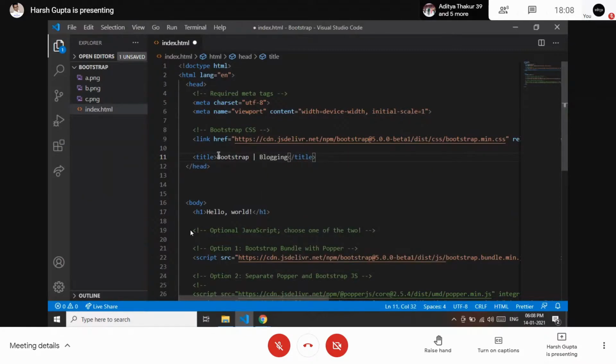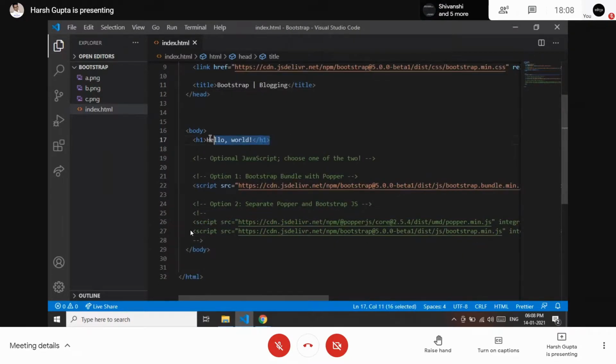From day one, we were first learning and then creating our project. But today, since we are using Bootstrap, we don't need to learn first. We don't need to first learn Bootstrap and then implement. We will learn by implementing it. Okay, so we will start creating our blogging website from scratch.